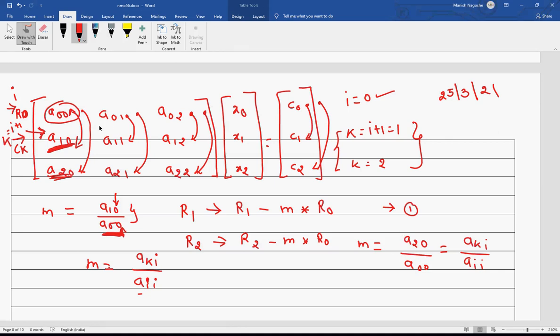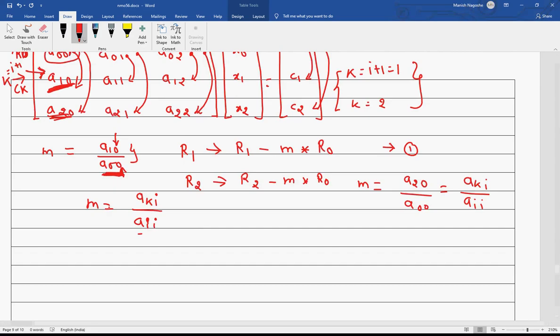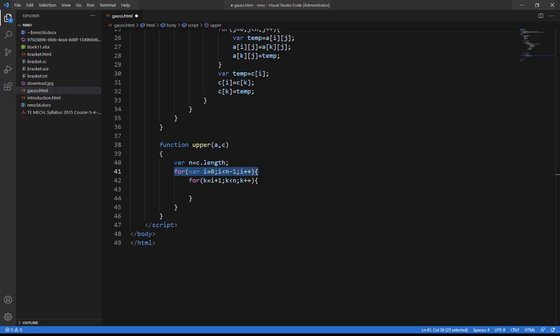So for this we will write a code. It's a simple operation that we have already seen. I have to make that 0, so I need to perform the operation on each column, column by column.